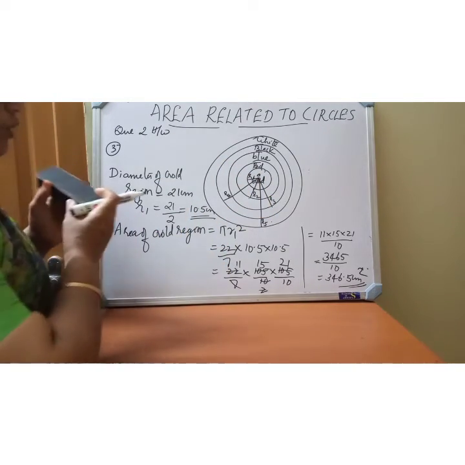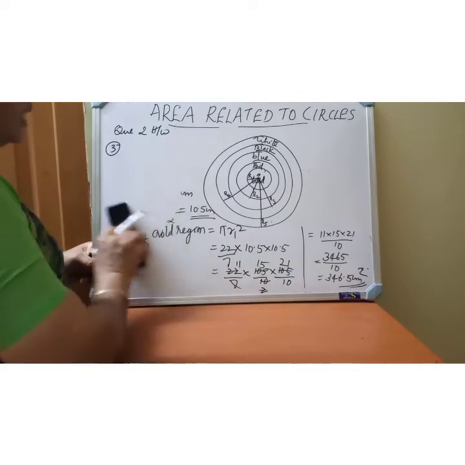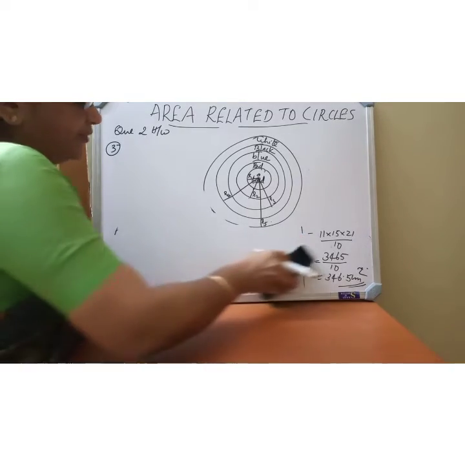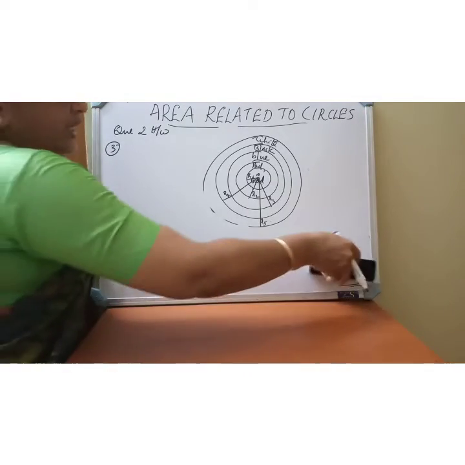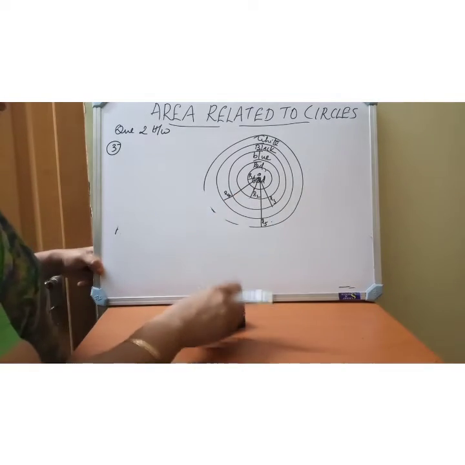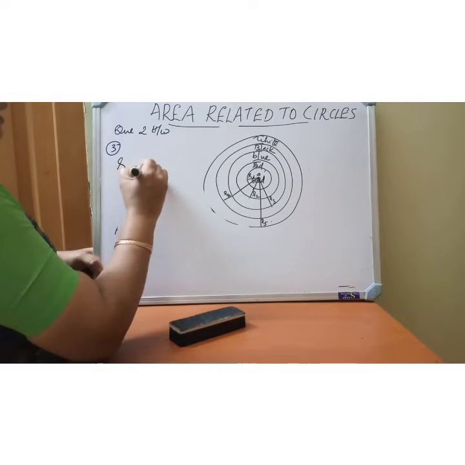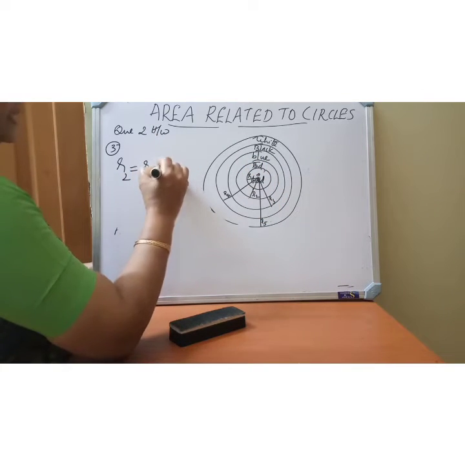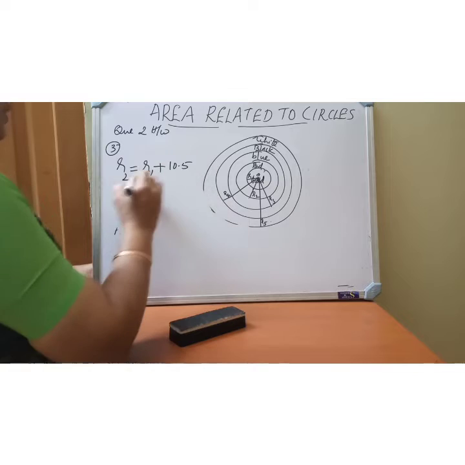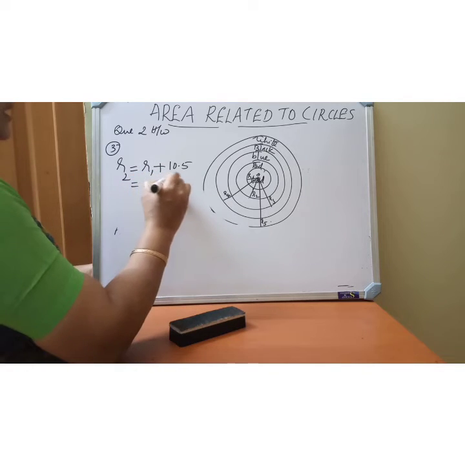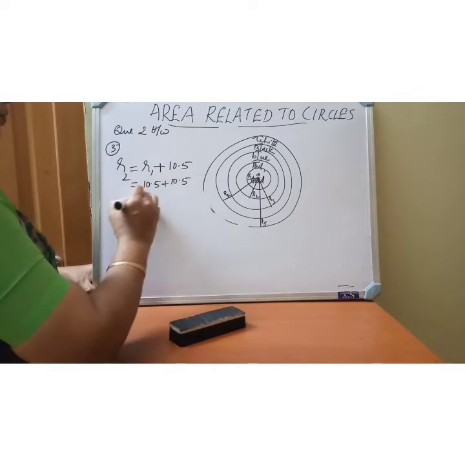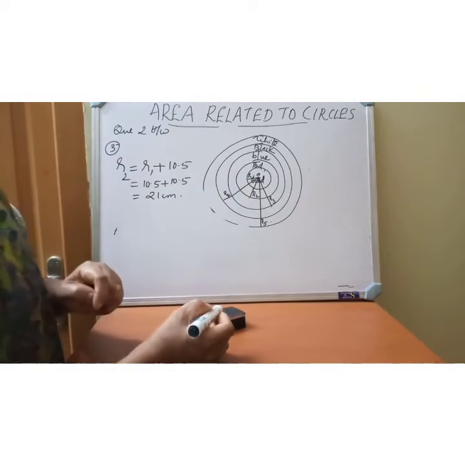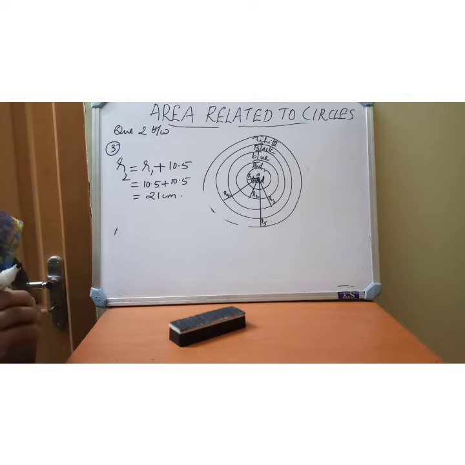So R2 is equal to, next we are going to find the area of the red region. So radius of the red region from center to the boundary, we denoted it by R2. So R2 is equal to what, children? R1. See, center in the gold region the radius plus 10.5. So R1 is 10.5, already it is given. 10.5 plus 10.5, that is 21 centimeter. So radius, if you know radius, it is very easy to find out the area, isn't it?